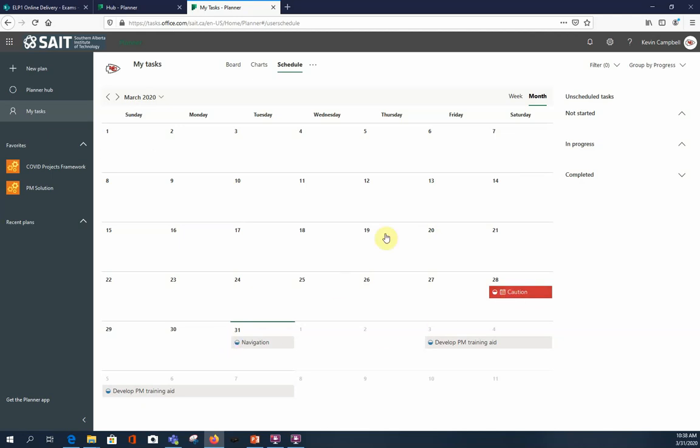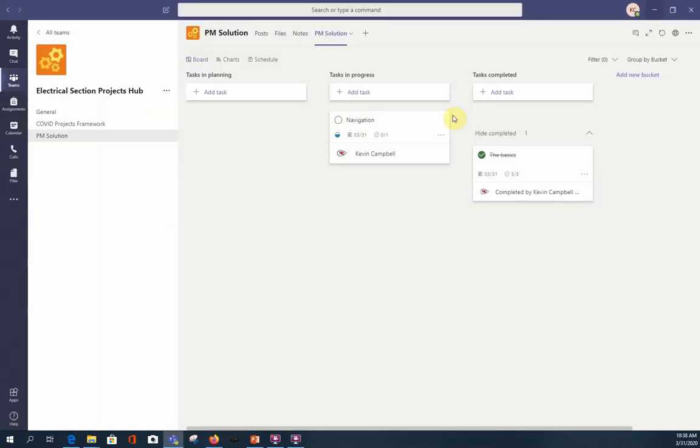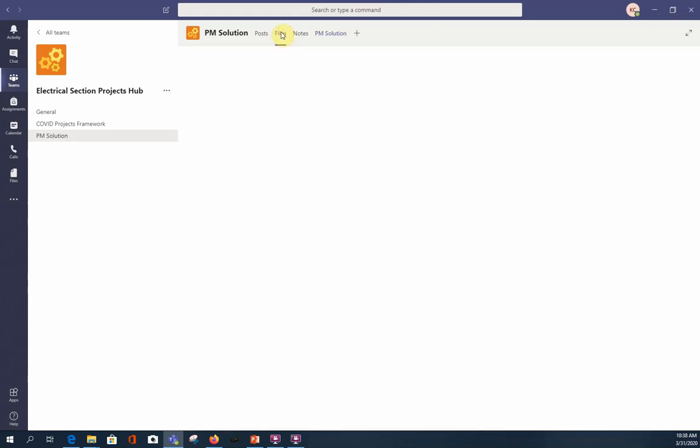All right. So what I want to do now is simply go back to the main Planner app here within our team suite, and look at how to attach files. That's the next thing. We talked about the caution of not adding things to cards. What we want to do is use our file options in our navigation bar. So if we select the file option,